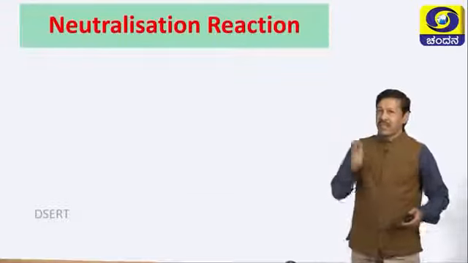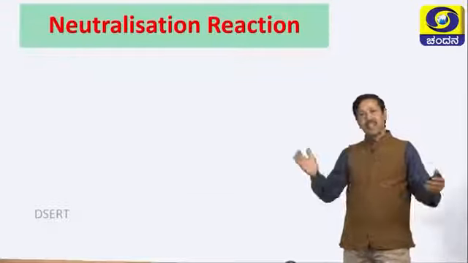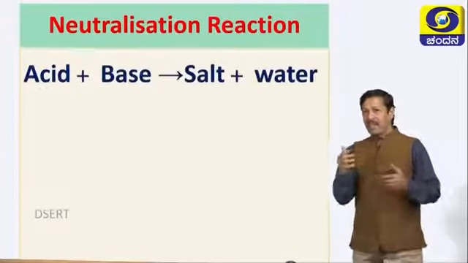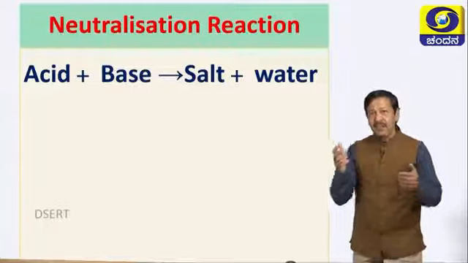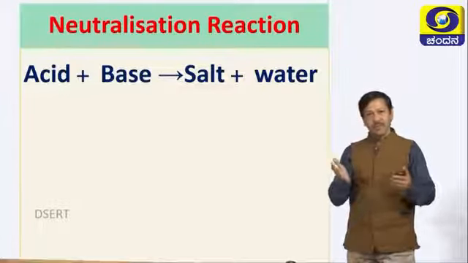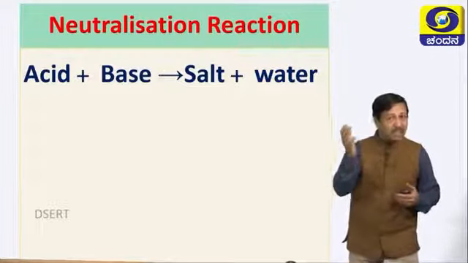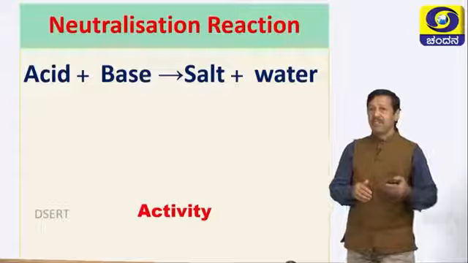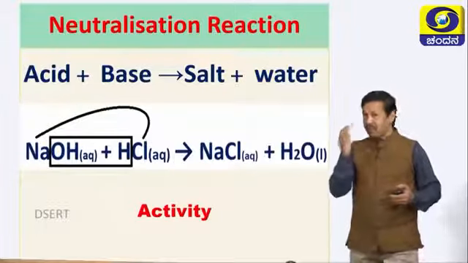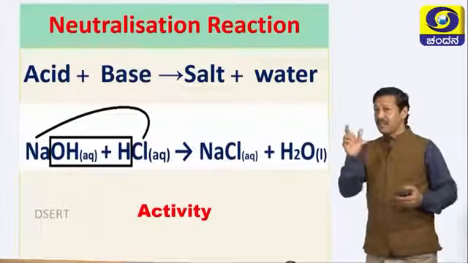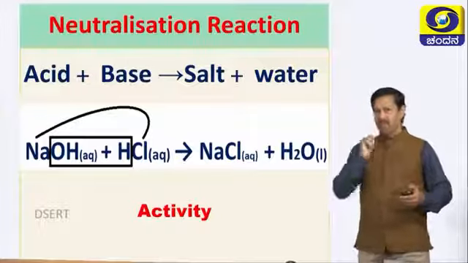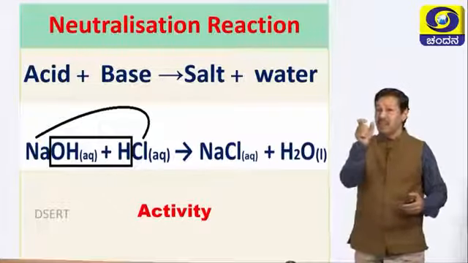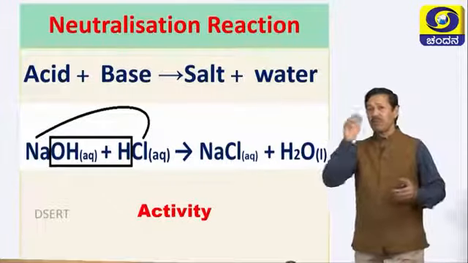Now let us move on to the next slide, that is the neutralization reaction. Just now I told you. What is neutralization? When an acid reacts with a base, salt and water are produced, right? Will you give an example? Try to guess. Yes, you are right. When acid reacts with a base, you get a salt and water. This is neutralization. Strong acid HCl reacts with NaOH, producing the neutral salt NaCl and water.